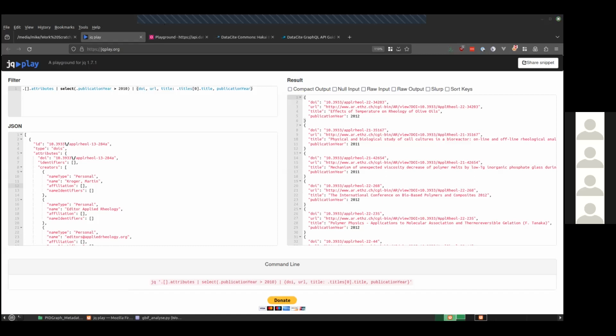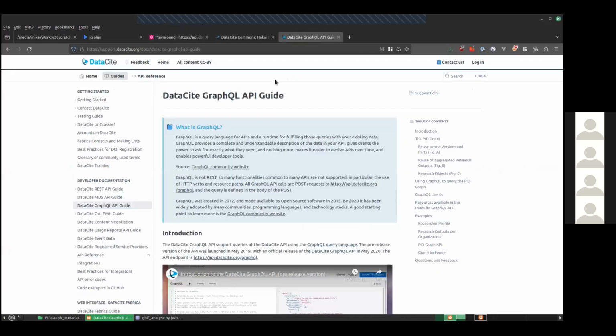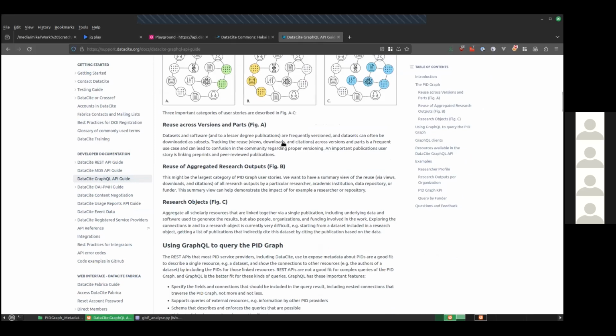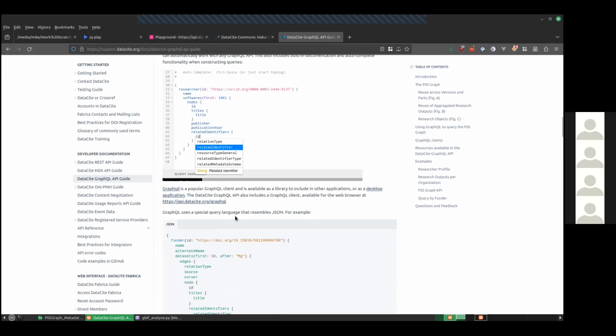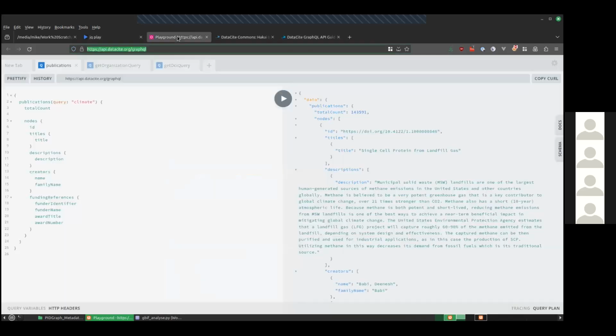The second part of the component is for doing graph-based queries. We have a GraphQL API. We've been making enhancements to this as part of FAIRCORE4EOSC, adding support for more filtering, more queries, more aggregation options for traversing through the graph. It's linked in the useful links section of the agenda: the GraphQL API guide gives you some information about what you can find in there, some example queries, and